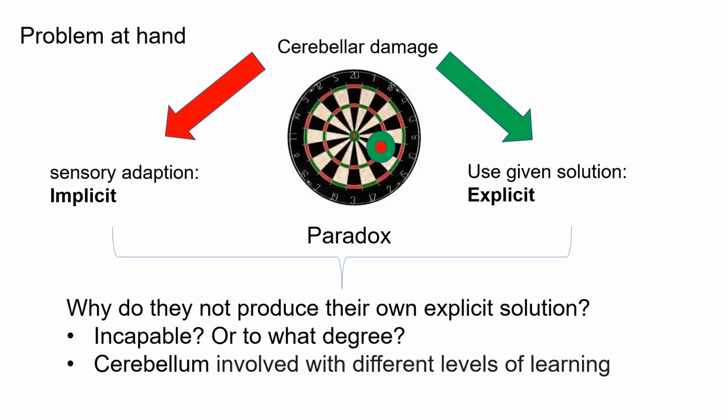the perturbation. And what is interesting about this example is that if you ask someone with cerebellar damage to figure this out on their own, they would have problems with that. Yet at the same time, they would have no problem implementing the aiming solution once you told them. So this begs the question, are these individuals incapable of producing such solutions, or is it a matter of degree? In either case, this phenomenon suggests that the cerebellum is playing a critical role in some forms of explicit, not just implicit learning.